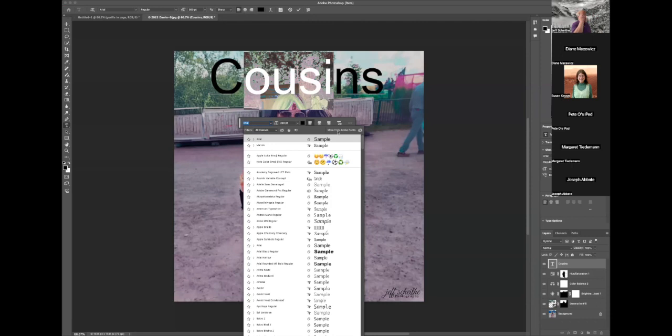So previously, if I didn't like any of the fonts I had and I was looking for some specific font, I would have to go out to Adobe, find the font I wanted, download it, install it, and restart Photoshop to bring that font into my font list here to make it available. All very long steps, but now I can go out and just click on more Adobe fonts